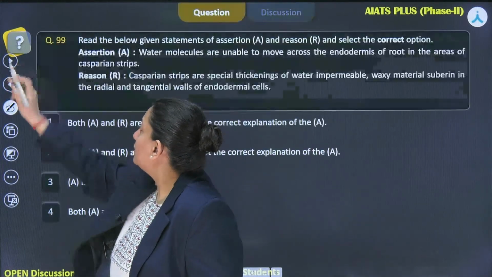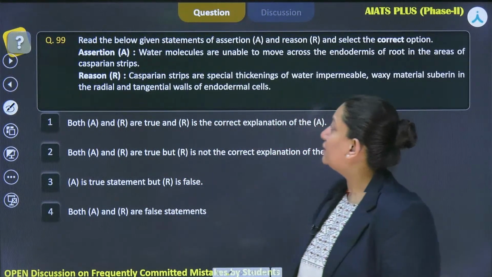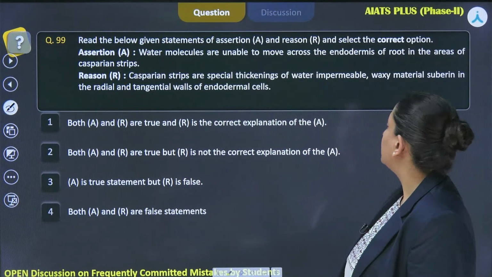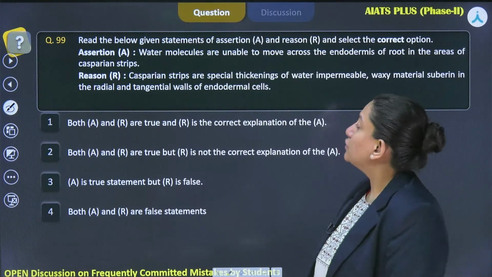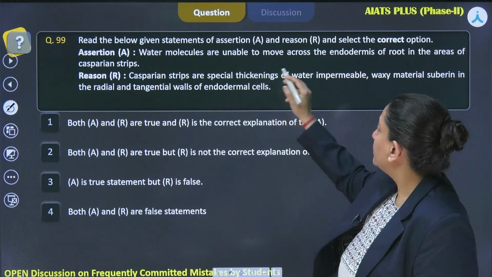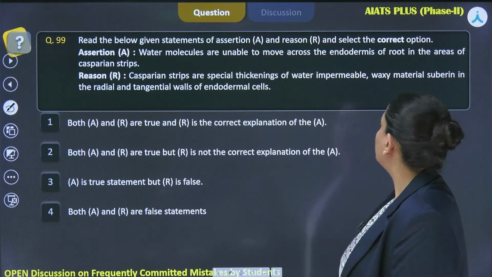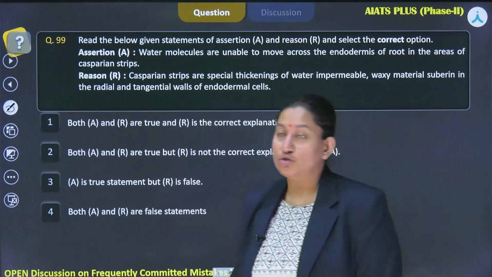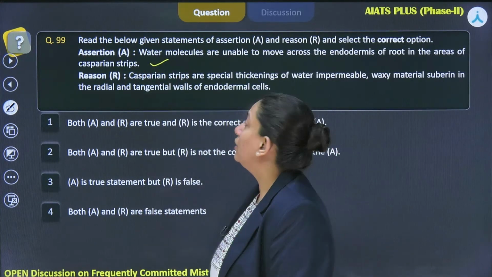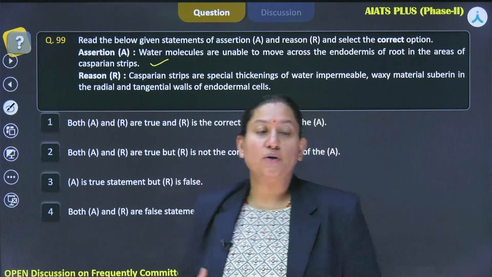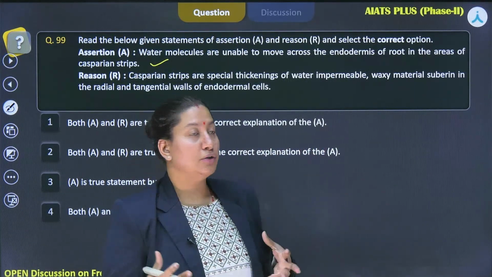Moving ahead, we have another one that says, read the given statements of assertion and reason, and select the correct option. So assertion over here says that water molecules are unable to move across the endodermis of root in the areas of Casparian strips. So this is the correct statement, because when we talk about the water transport,